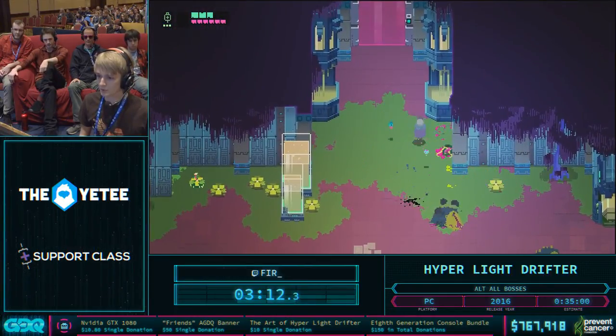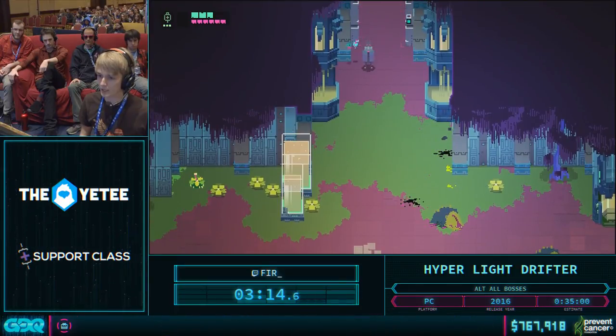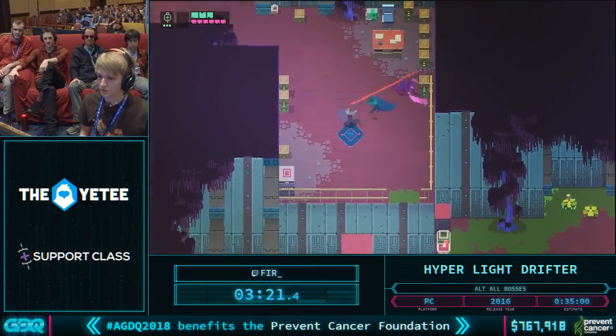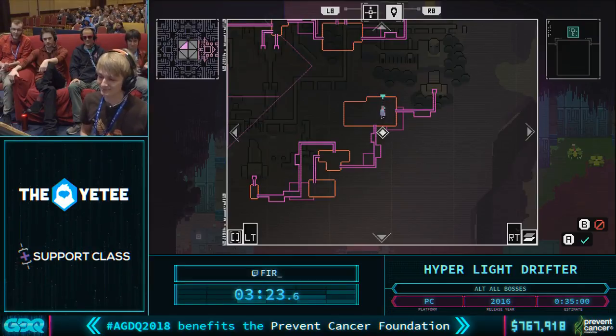So what we're going to be doing at this pink door is we're not actually going to be going through it, but we're going to be waiting till it reforms and using it to clip out of bounds. Nice, dude. As long as, as long as,